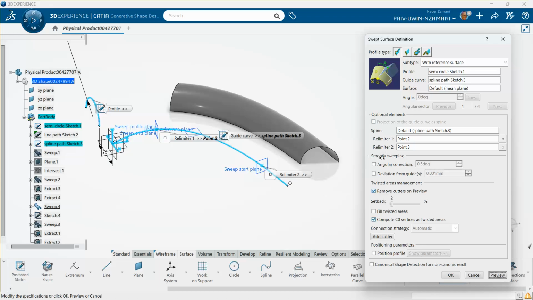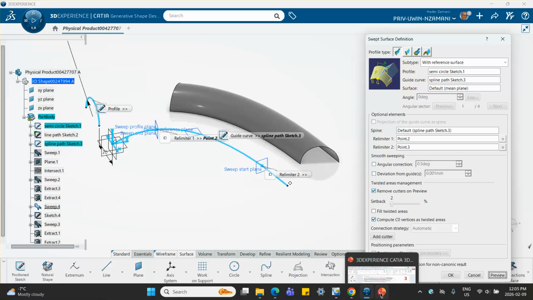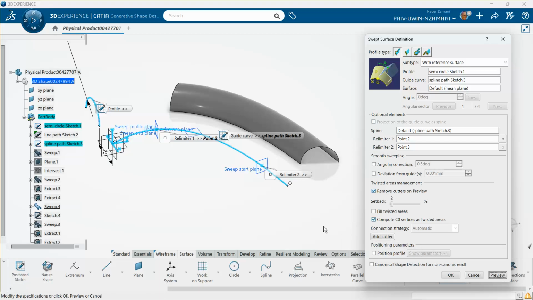Now, there are also these two items which say smooth sweeping, angular correction, and deviation from guides. In a nutshell, what they're saying in those AI generated reports and some of the stuff that you see in the documentation is that if your spine is not smooth enough, you can actually force it to be smooth by changing this parameter here. You can change this, okay? Or if